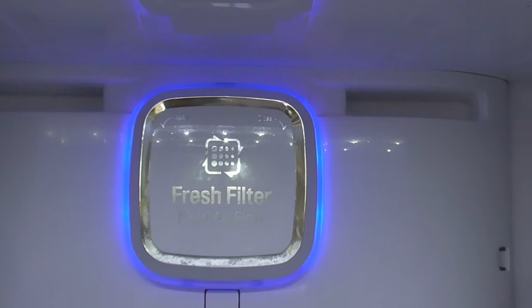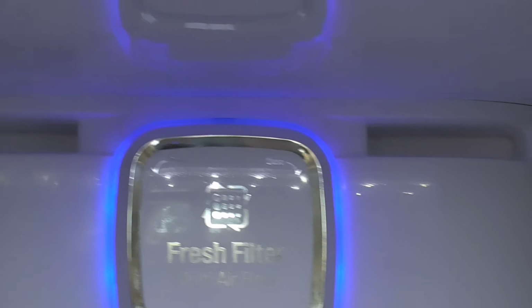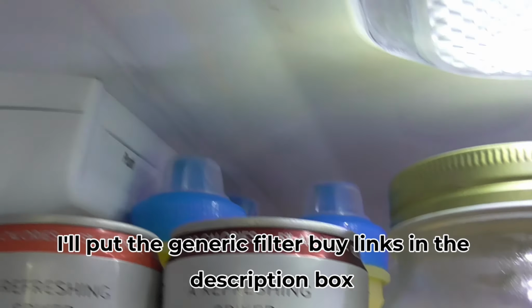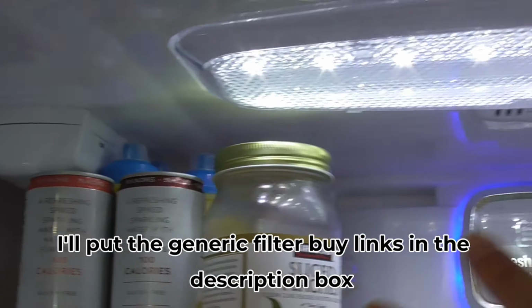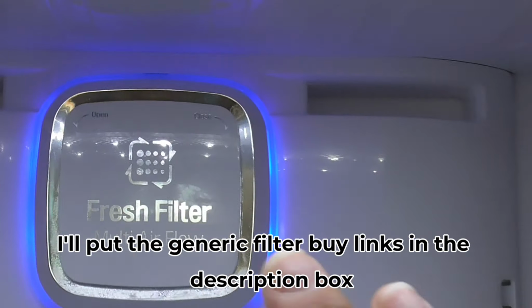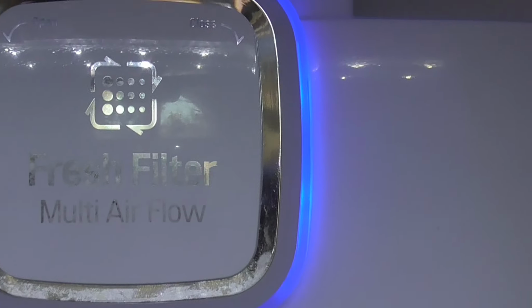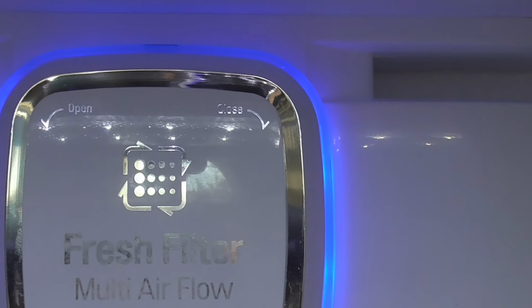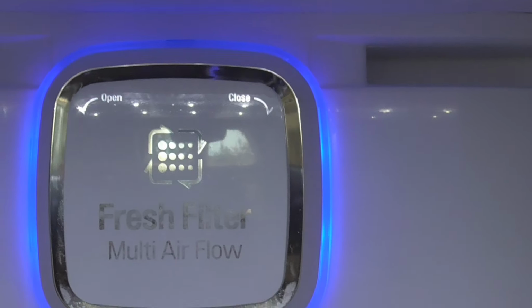So the Keep Fresh filter is right in the very back of the fridge, and then the water filter was just right over here. So they're both on the top section in the back. This fresh filter is really easy to exchange. I honestly don't really know if it's doing anything, but the filters were pretty affordable, so I didn't mind